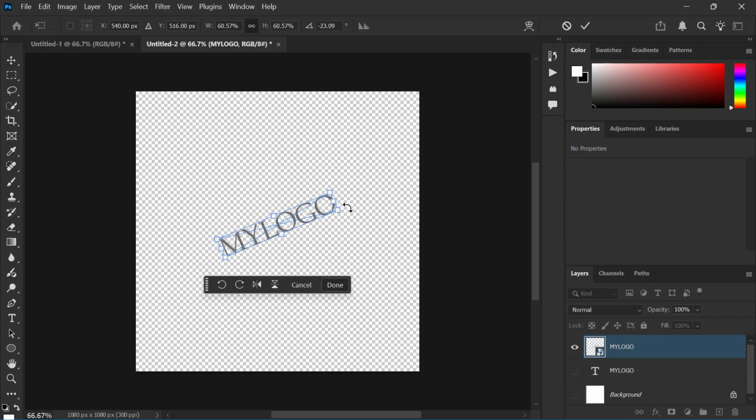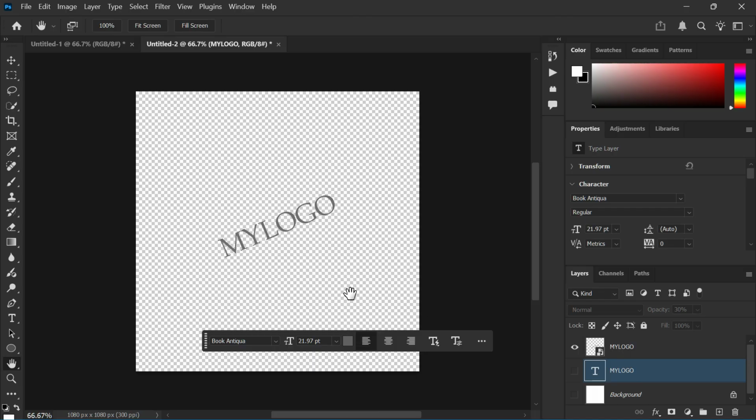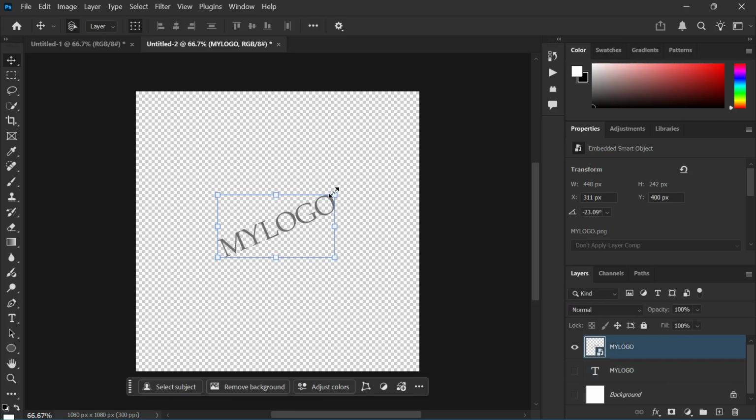From now on, whenever you edit a photo, you can simply drag and drop this PNG file onto your image, resize it, adjust the opacity if needed, and you're done. This saves a lot of time, especially if you edit photos in batches. And that's how to create a watermark in Photoshop, using both text and logo methods, plus how to save it